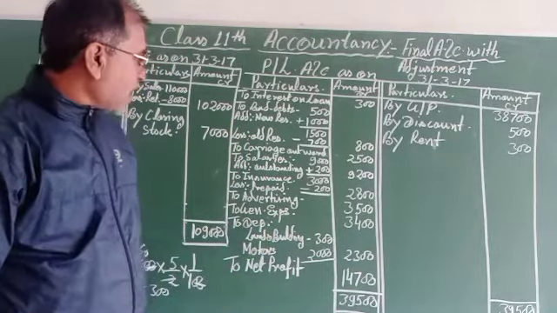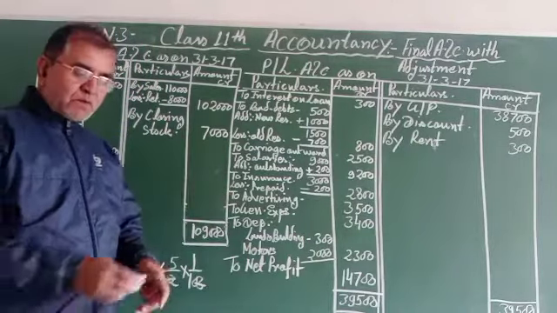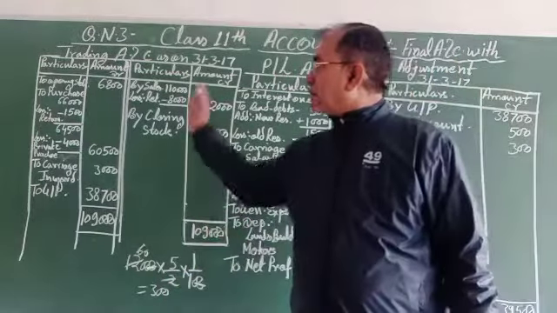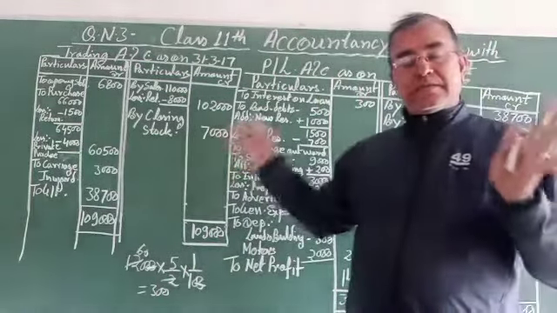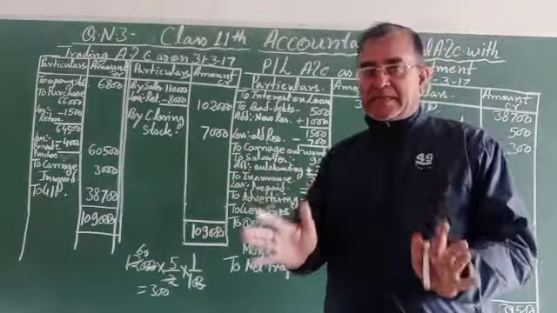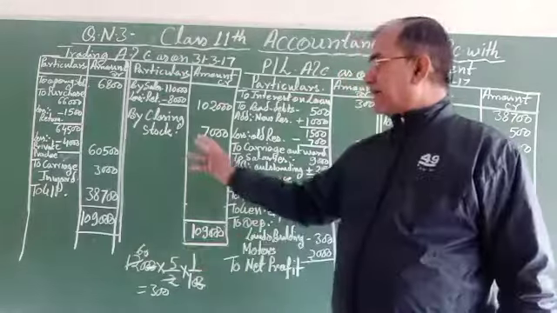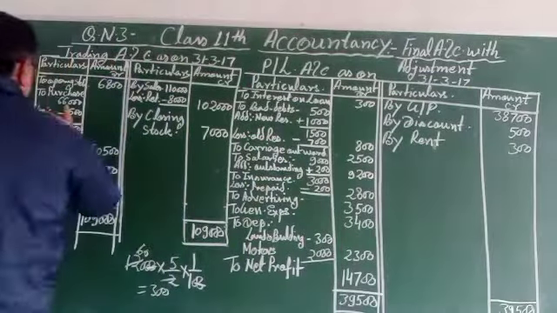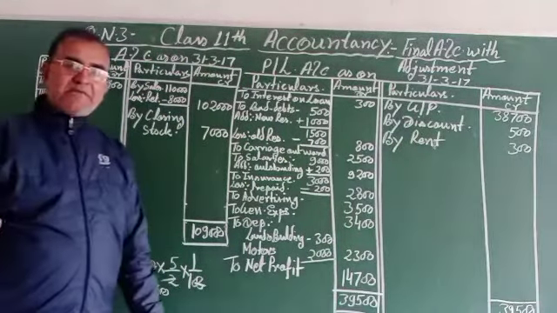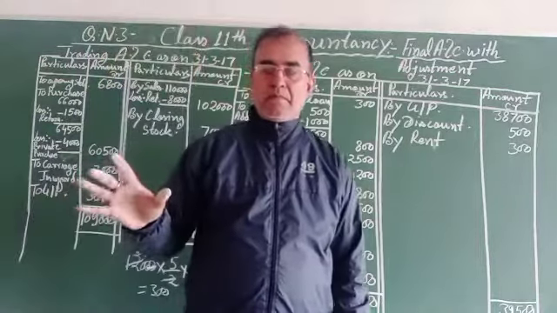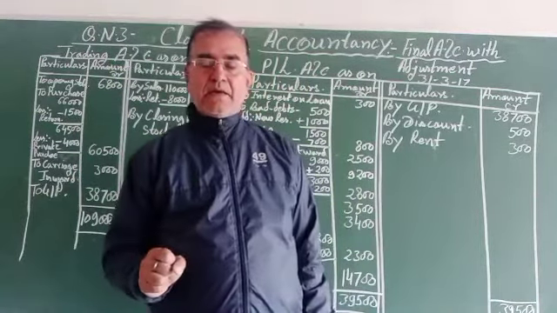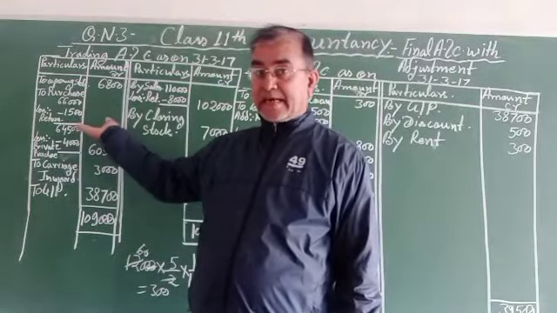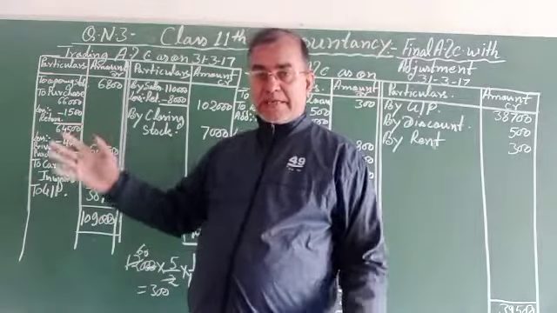You can see over here how the trading account is prepared. Go through the additional information given. Go through the trading account. In opening stock, purchase and purchase return, that is given. So we recorded opening stock 6,800. In purchase, the additional information given is private 4,000, the private purchase included in purchase. So it will be deducted from purchase 4,000.